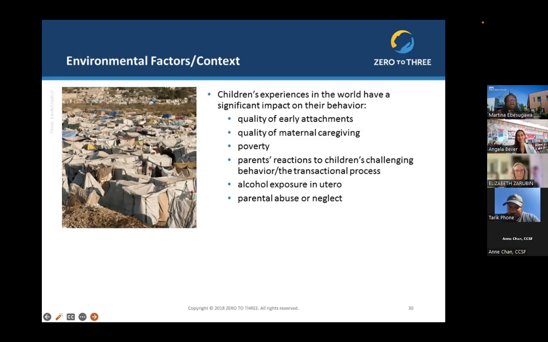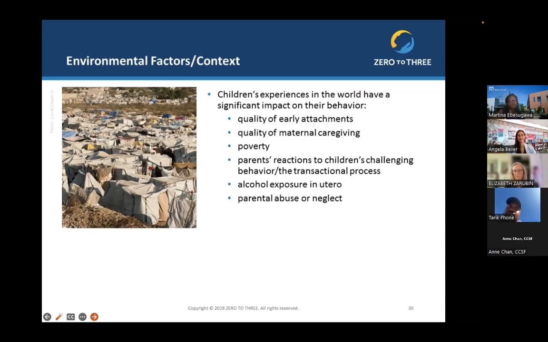Poverty also has an effect on behavior. One of the things I try to say, though, is that I don't like to blanket and just say all poor children are going to act out. I don't think that's right to say that. I know that I've worked with lots of poor children who are well-rounded and behave well, but poverty can have an effect, and that's because the likelihood of you having access to toxic stress or having access to poor attachment due to other factors are things that can happen.